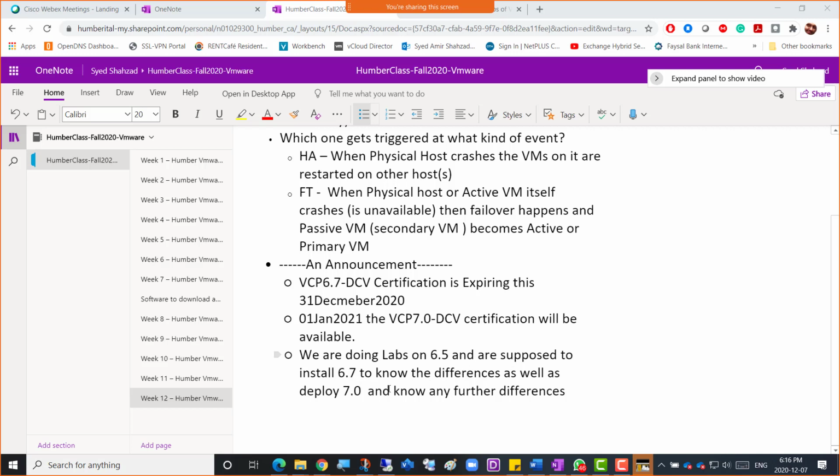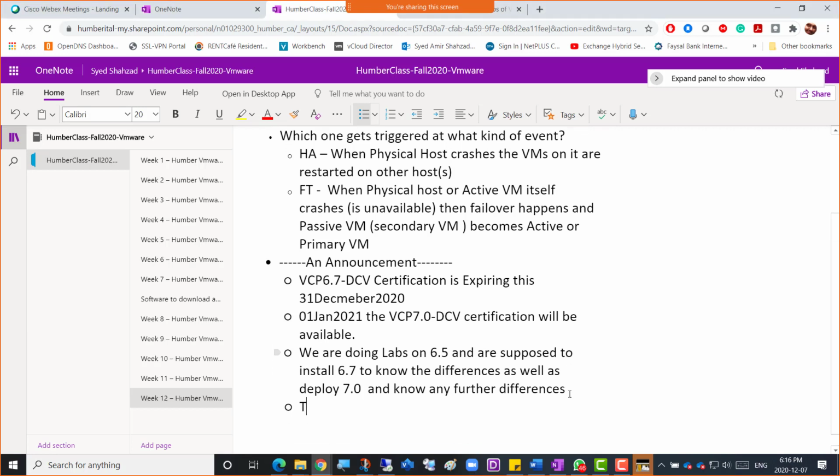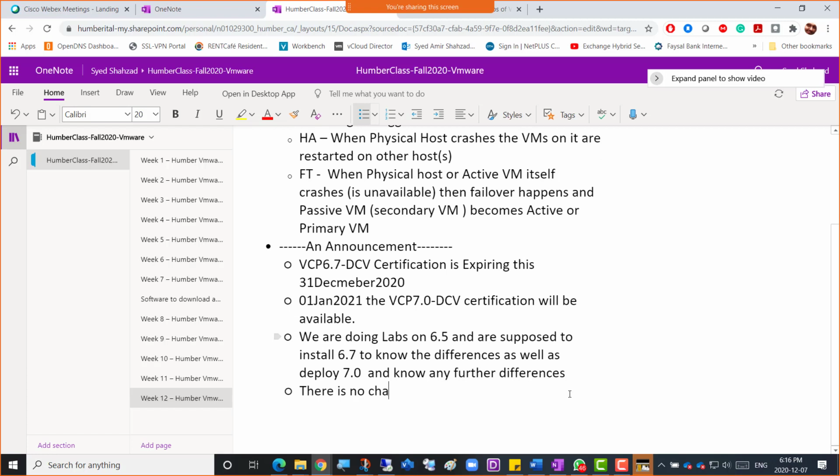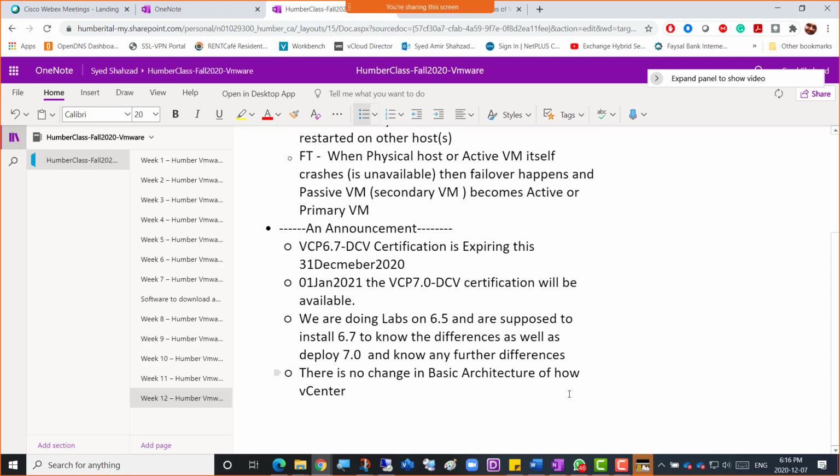What I'm trying to say here is that there is no change in the basic architecture of how vCenter and hypervisor work, right?